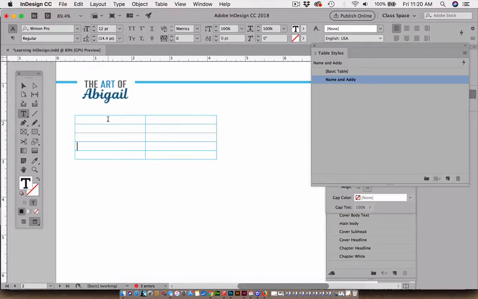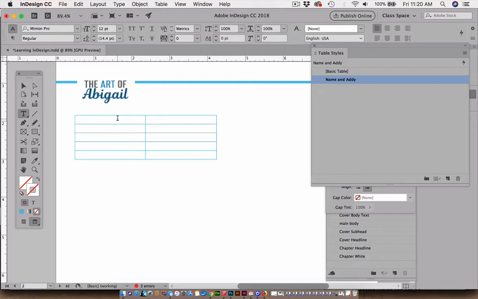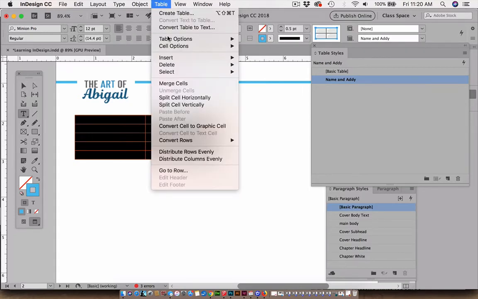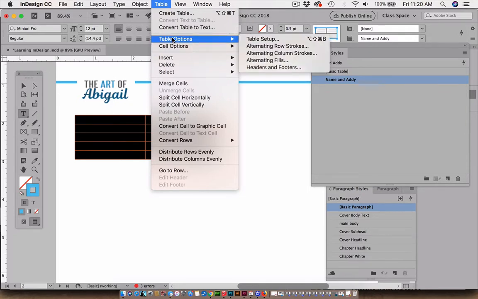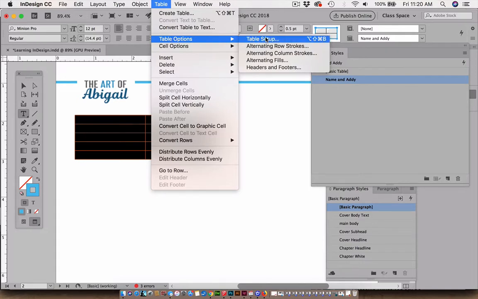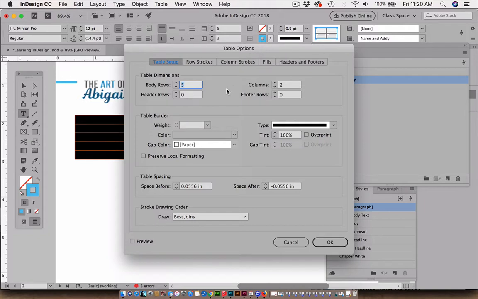So I wanted to just recap here. With my table cells selected, clicking and dragging through the cells: Table, Table Options and Cell Options. For my table setup, the outside line that I have has the weight of the rest of the table cells, and I want to